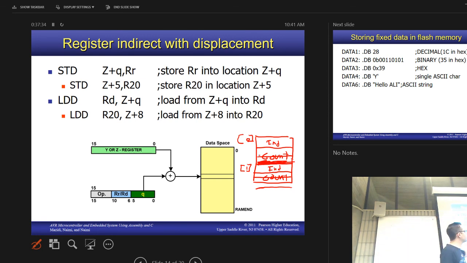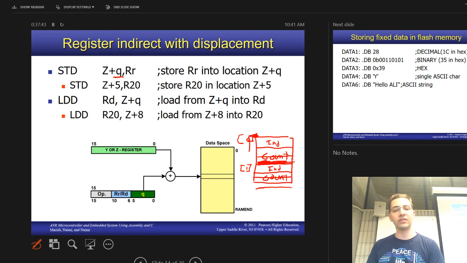If you wanted to get the count every time, you would just make Q equal to the offset from the start. So that's an offset of 1 byte. And here, it's an offset of 1 byte. Okay? So, yes, while it's true that Z points to the base of your structure, Q can point to an